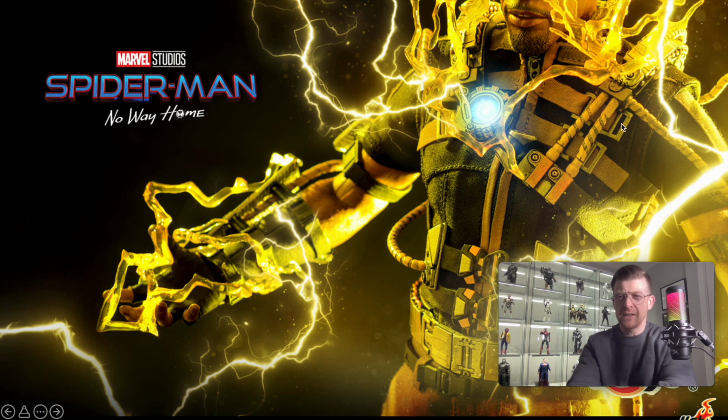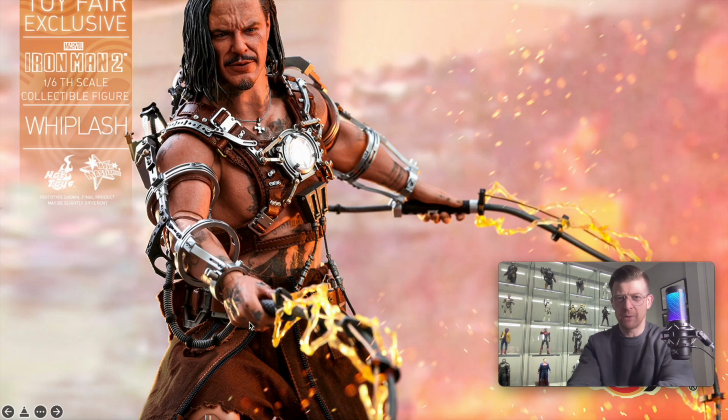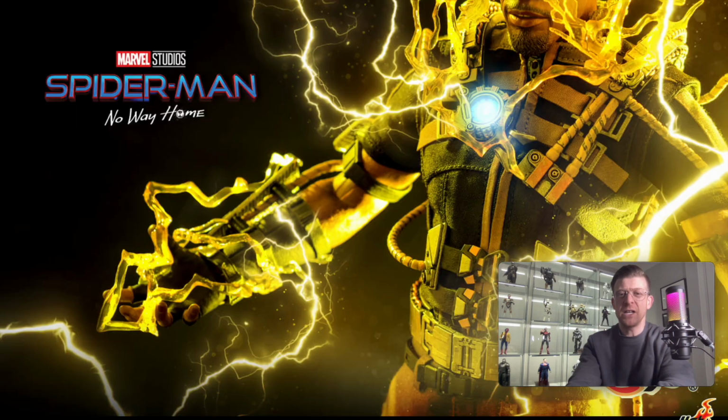So all the detail in these buckles and these kind of, I don't know, they're kind of like electric cables or something. I'm not sure what they're supposed to be. All the harnesses could look kind of cool. The belt, from what we can see here anyway. Yeah, those electricity effects, they look yellow. They look like a repurposed, reused version of these. They might be the same material and color, but just kind of shaped in a different way,